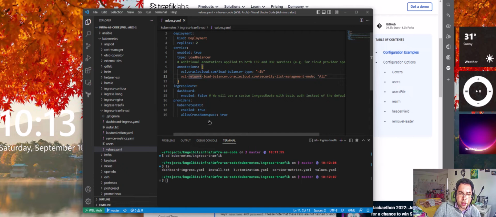And I annotated the load balancer with a configuration, so it will create the security list for us that is necessary for the load balancer to work. Oracle says that this does not scale well, so if you are automating or creating complex deployments, please create your own security list. And then we are enabling the IngressRoute for the dashboard. We are using false here because we create the dashboard by hand,